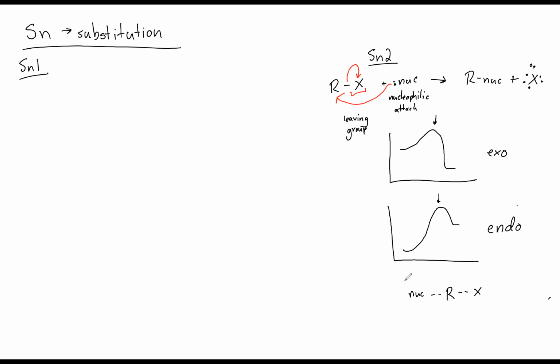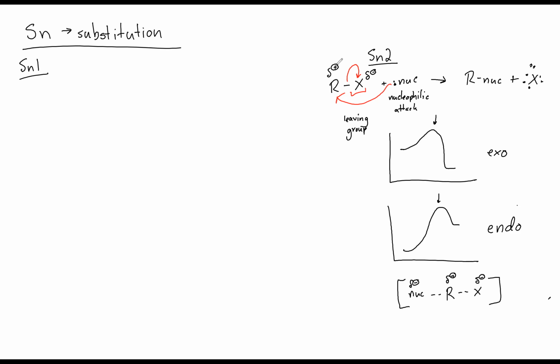What happens in this reaction is the nucleophile is going to be partially negative, the carbon, the R group, will be partially positive, and the X group will be partially negative,